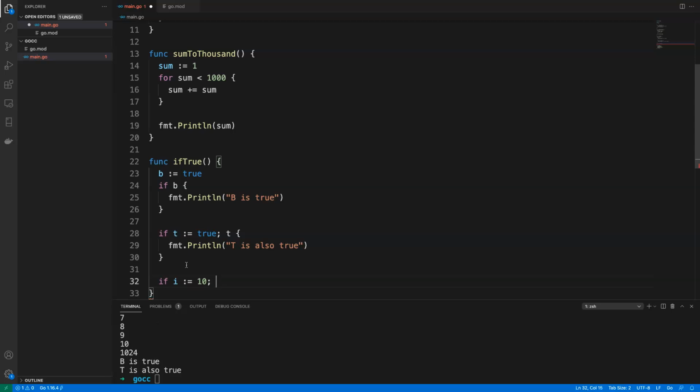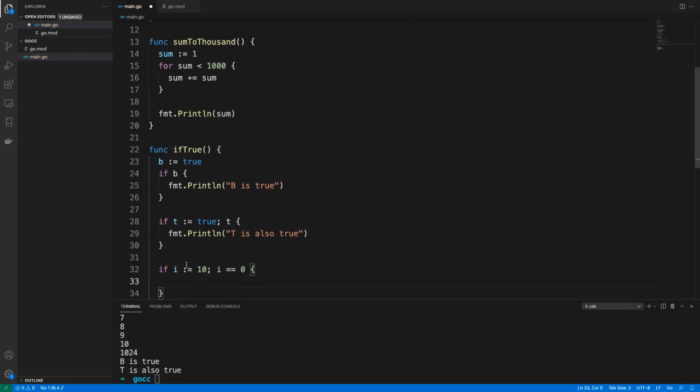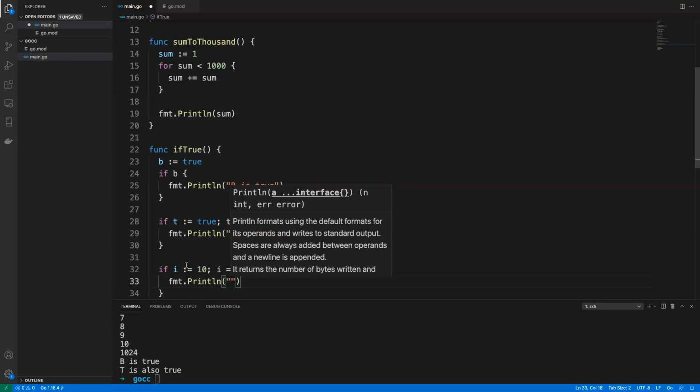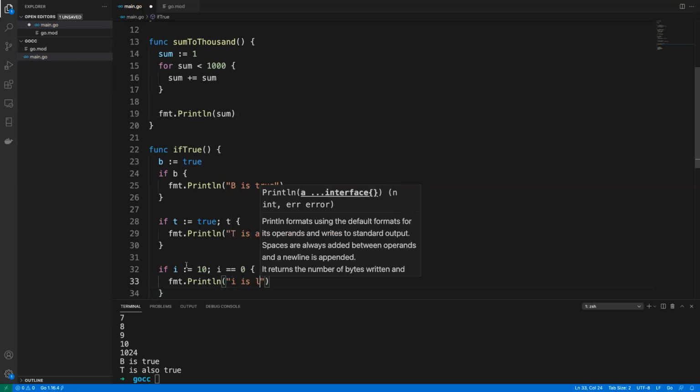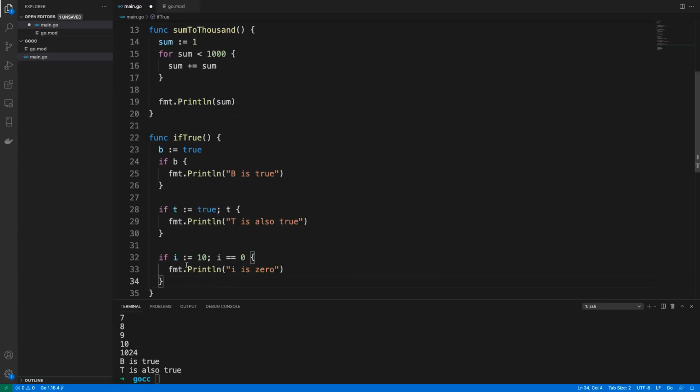And then I'm going to say in the if statement, i is equal to 0. Then we're going to say fmt.Println, and then I'm going to say i is 0. Okay? But then I can use, after the if condition, I can say else if